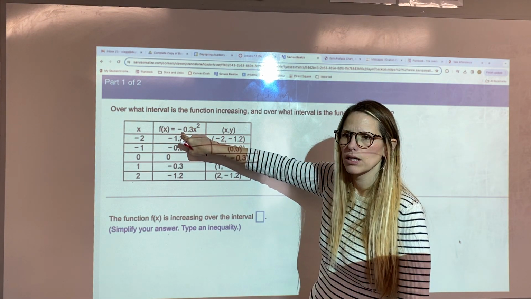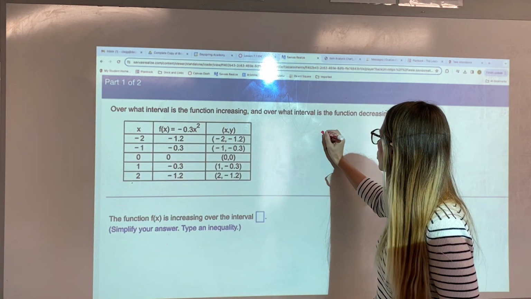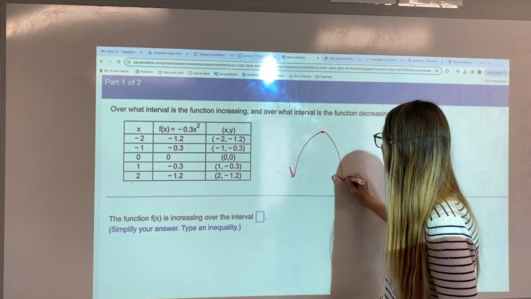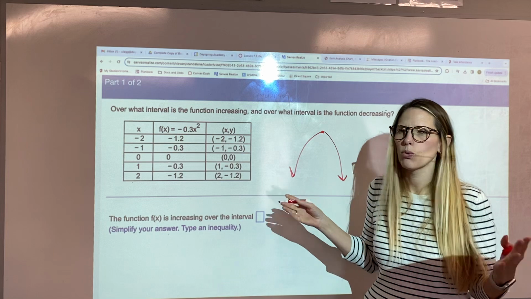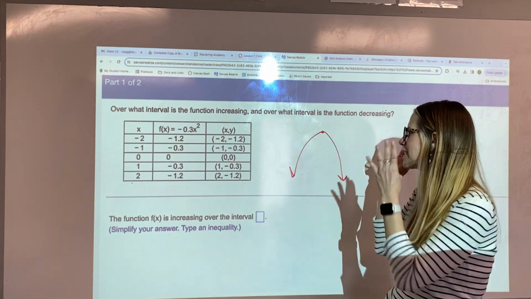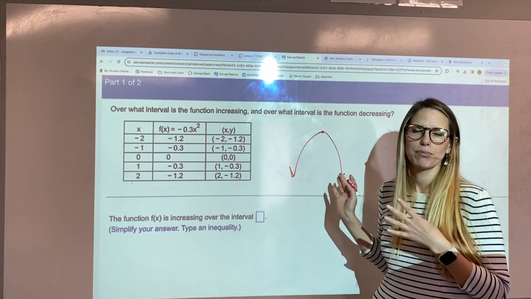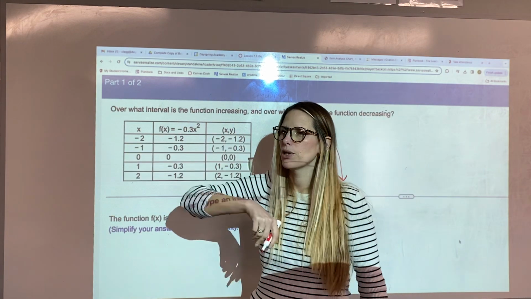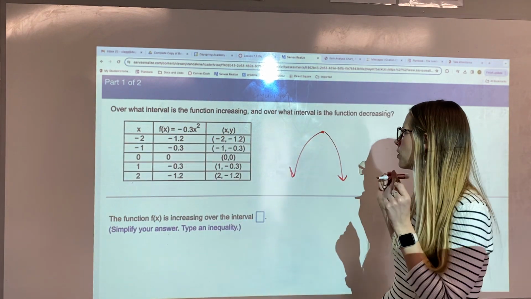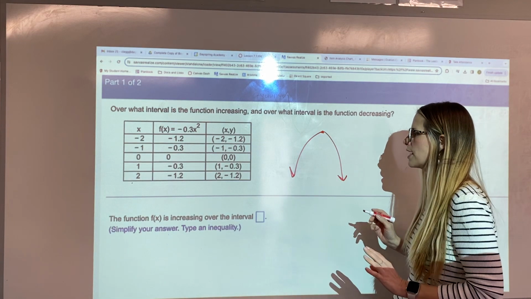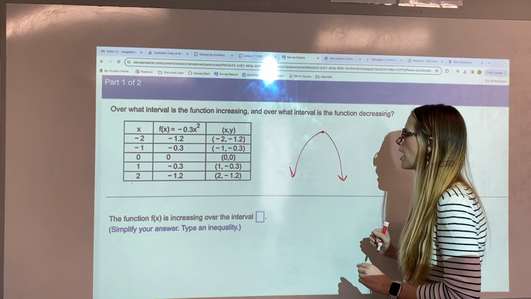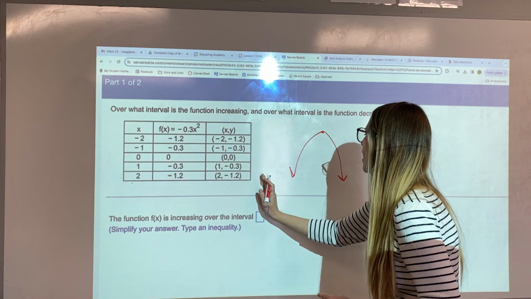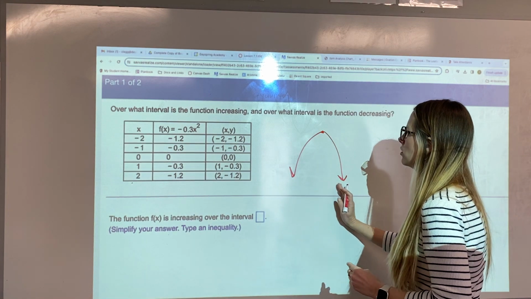sad parabola? Sad parabola. So it's going to look something like this. I'm not gonna worry about how wide or how narrow it is. I just wanna see that it's a sad parabola. I'm not worrying about where the vertex is. I'm not worrying about putting it on a graph. I just kind of wanna see what a sad parabola looks like, because when I read this from left to right,